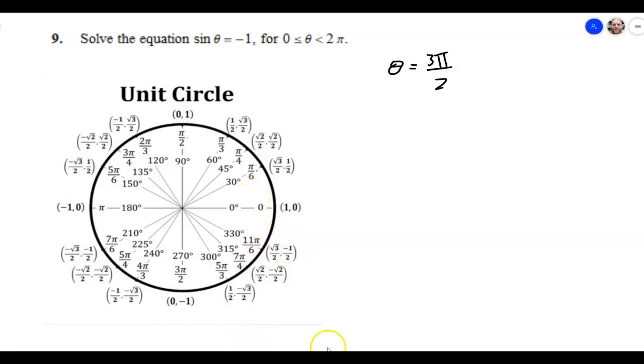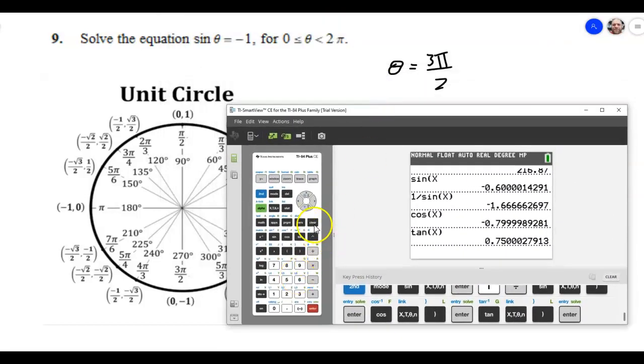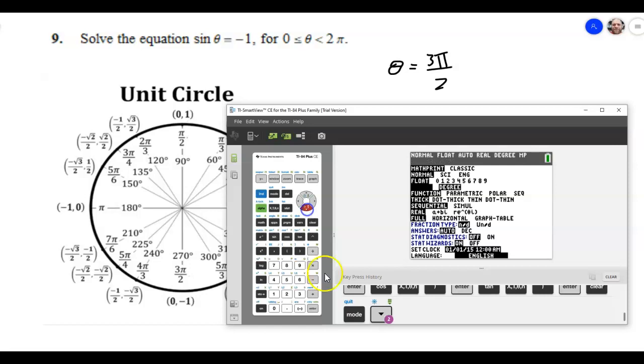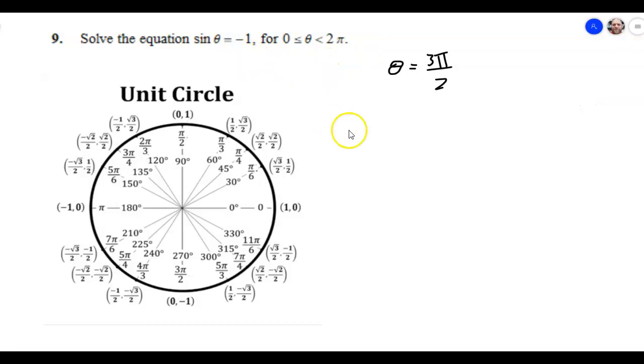Now let's see how we can actually do this in our calculator. So if I have my calculator up here and I clear out, make sure that I am in radians. And the first thing I want to do is actually solve this. So if I start with the sine of theta is equal to negative 1, then I'm going to go ahead and apply the inverse sine to both sides. So the inverse sine of the sine of theta is just going to be theta. That's why we apply the inverse sine. And then we have to apply the inverse sine to this side as well, negative 1. Now,